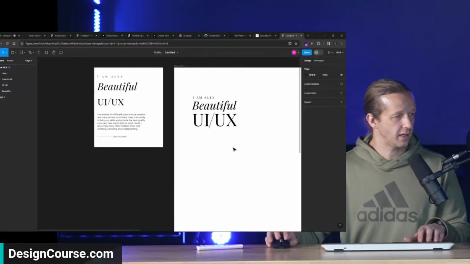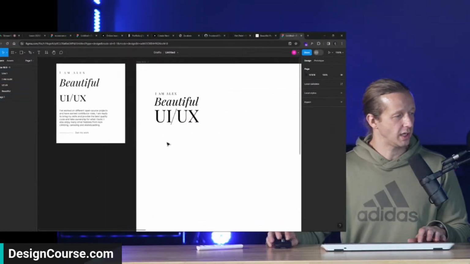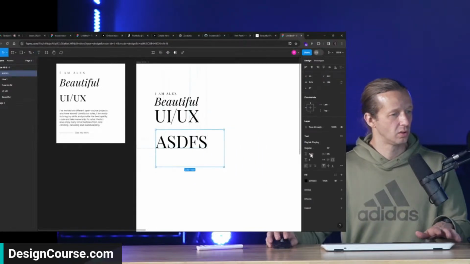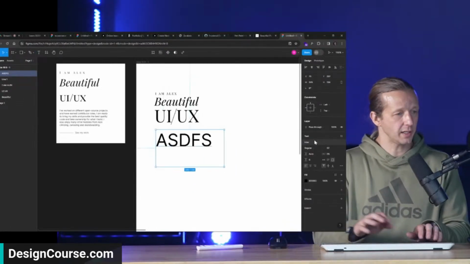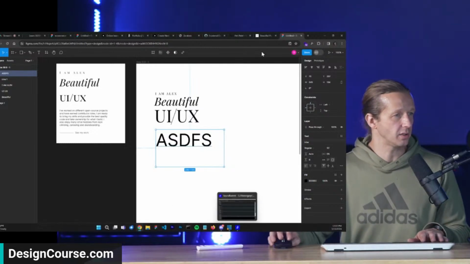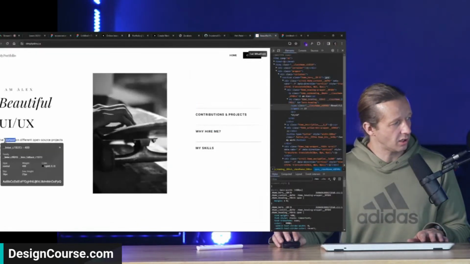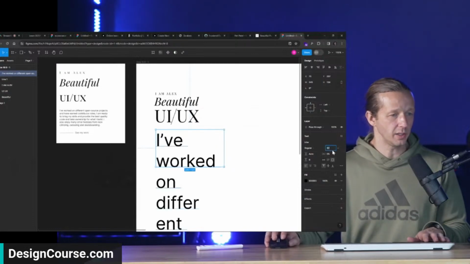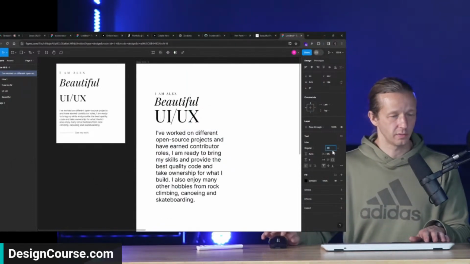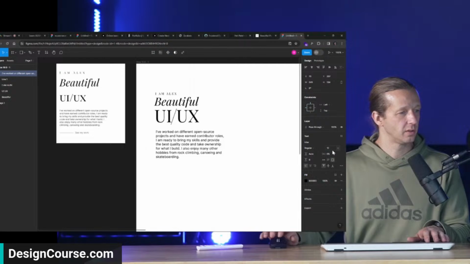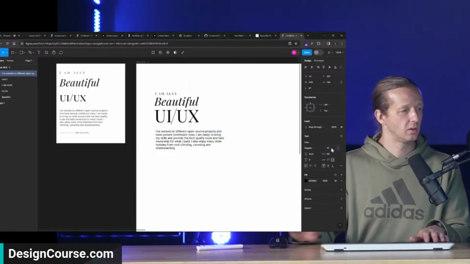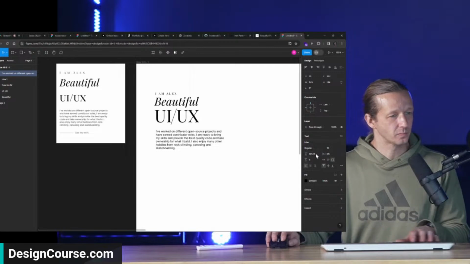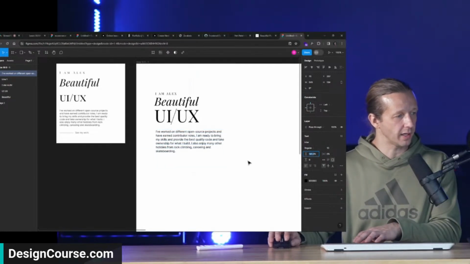All right. And then we'll take a type tool. We'll use enter as enter was used over there. Let's go back to the project and I'll just copy this type real quick. Get back there. Make this small. Okay, a lot smaller. All right, and then we'll increase the line height.